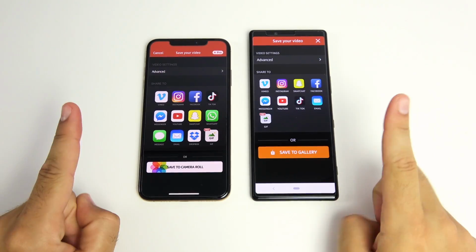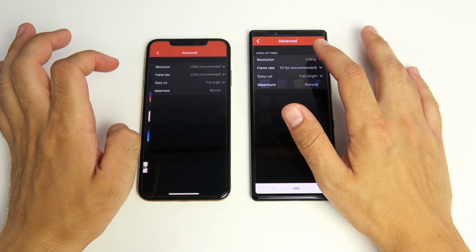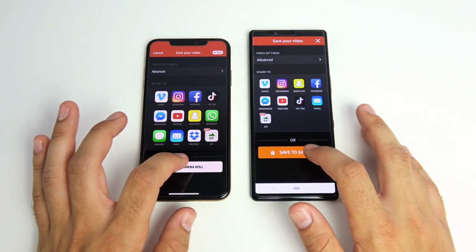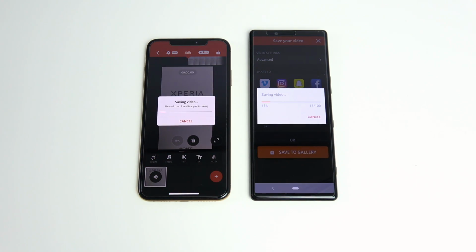Okay guys, so I took a 1-minute video, the same one on both, and we're gonna go ahead and save this to the gallery to see which one does better in this quick render. Let's go ahead and send them to the gallery, 3, 2, and 1, and see which one can do this first. So the Sony is really doing quite well here. The iPhone a little bit behind, it looks like, which is pretty shocking to see,